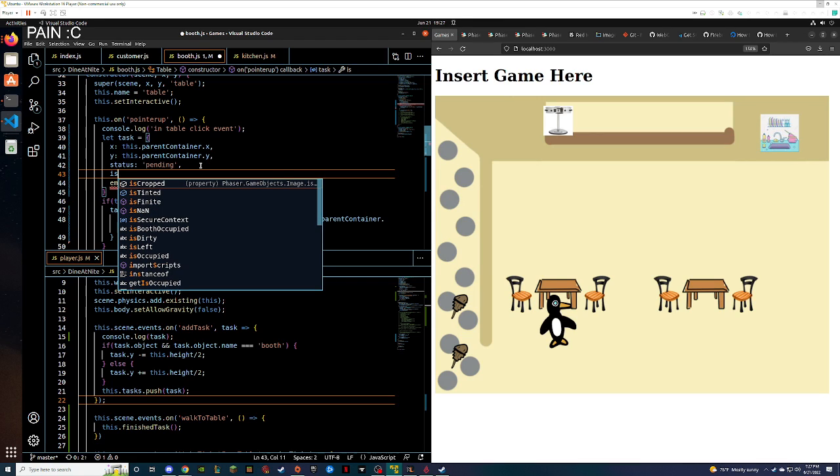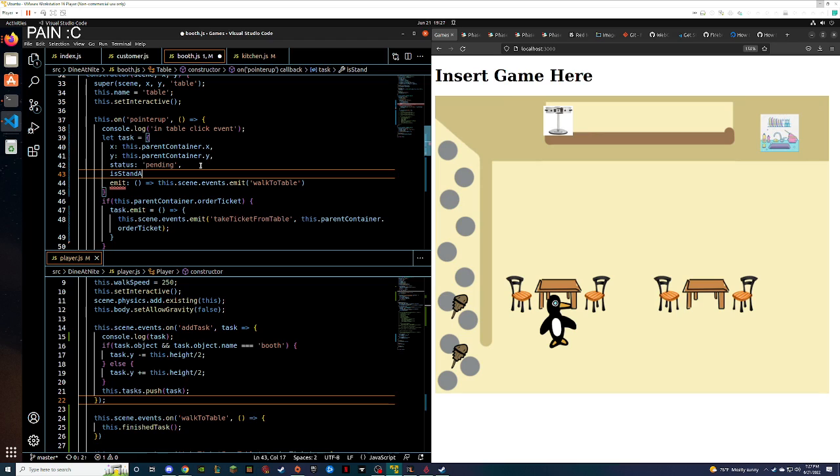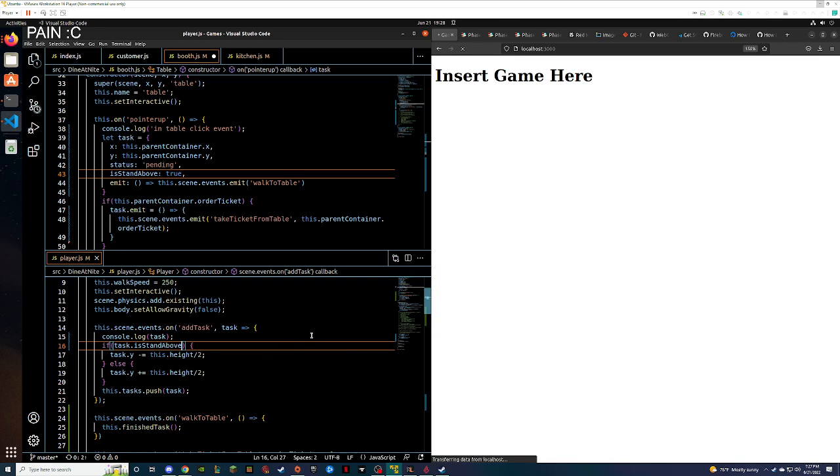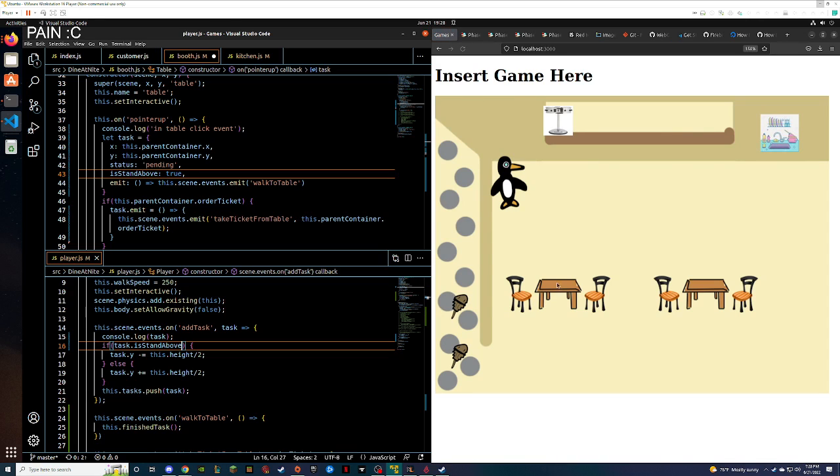Is stand buff. And then if dot task, that does not make any sense whatsoever. But it does not get.